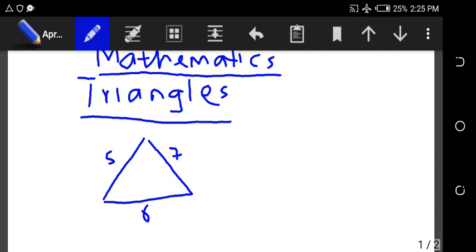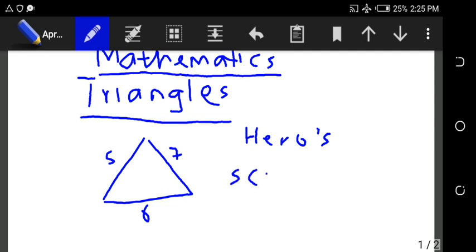triangle with three sides given, we solve for that using what is known as the Hero's formula. The Hero's formula for solving areas of triangle, and the formula states that the area of a triangle is given by the expression